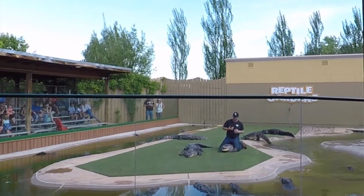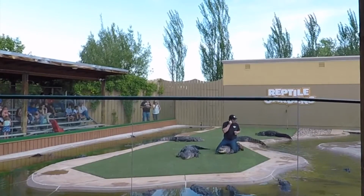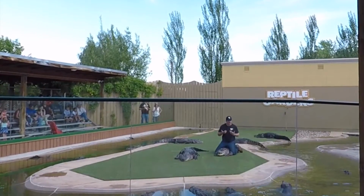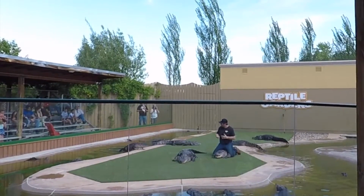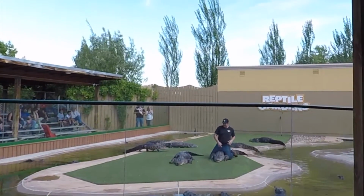But because they do live in the water, they're going to be wet, they're going to have an algae buildup, and if I go to grab those jaws and I don't have a good handle of them, it doesn't take too much for him to shake his head back and forth, me to lose my placement, have my hands in a spot that he can then get a hold of. You all seem like a very smart crowd, probably goes without saying, but you got to make sure when you close the jaws of an alligator that it is a nice, tight grip,